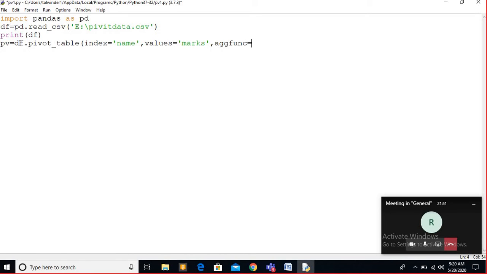Listen to me, suppose if you see this data frame, I want to see the subject wise average for each student as well as semester wise, meaning it will display the average of accounts according to the semester. Then I'll use here mean, then print pv.